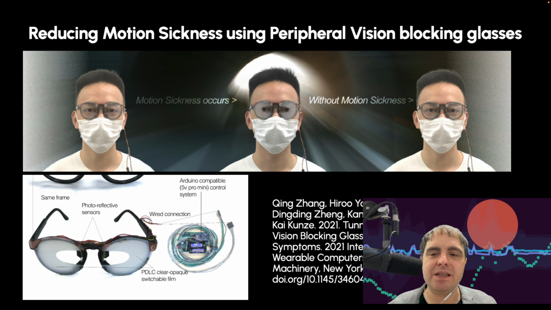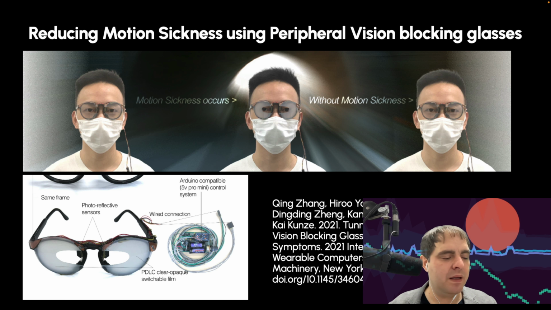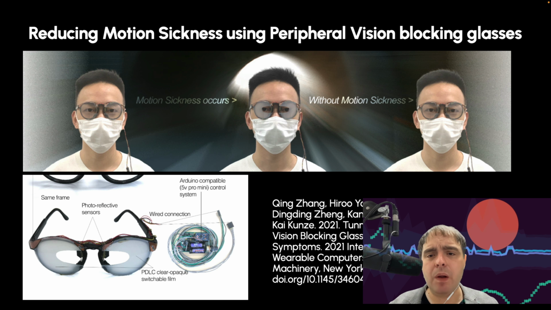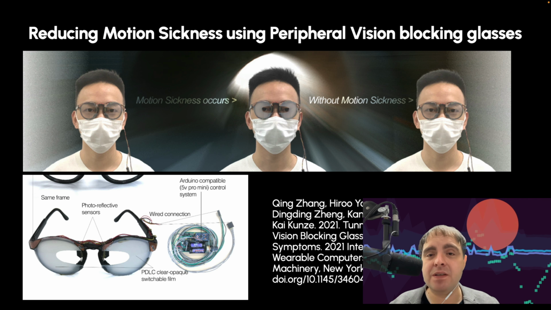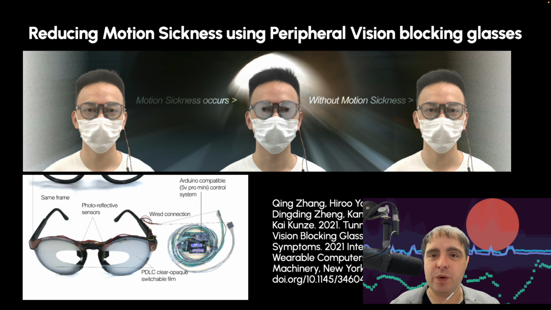And built these glasses that have PDLC that is either clear or opaque. And it's clear, so you can see through in a normal situation. However, if you experience motion sickness, so if you're in a car or in a train and you feel motion sick, you can activate the glasses and it will block your peripheral vision. So you're still able to read or do other things, but just the peripheral movement that you're experiencing is blocked out. And that helps with reducing motion sickness in real-world scenarios.